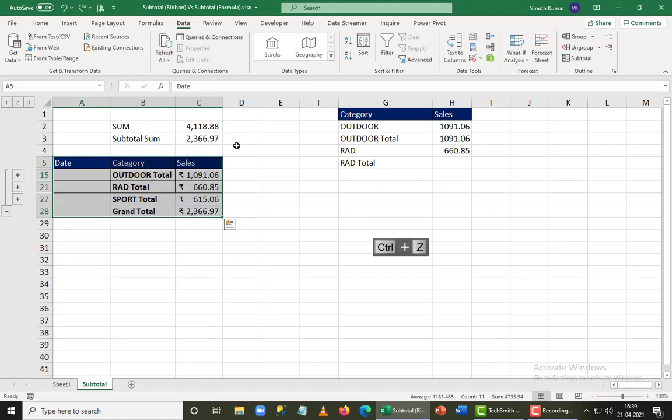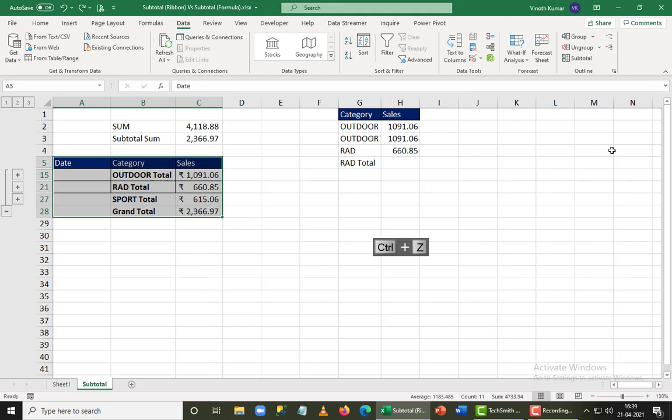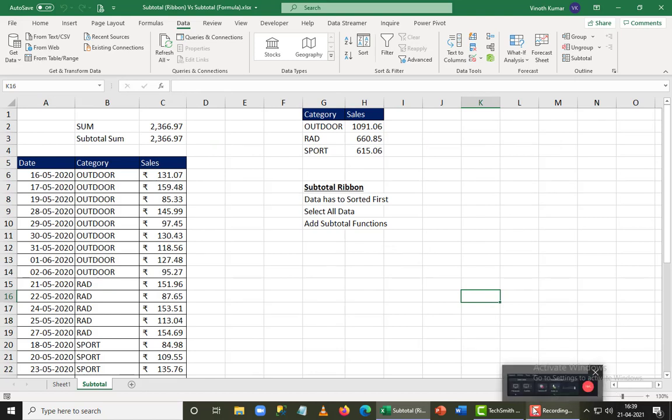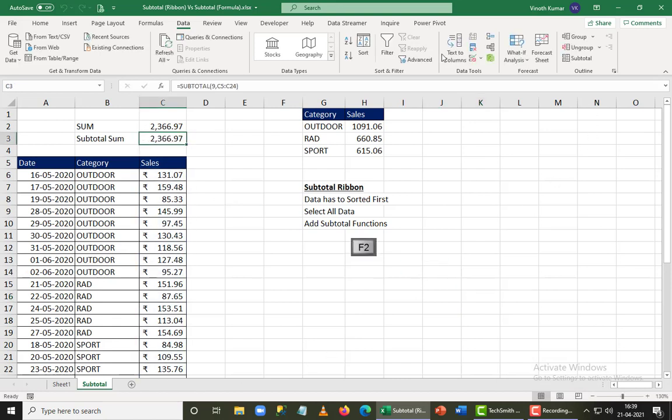That's okay. So I didn't try to use the same logic. Now I want to just remove this, come back to my logic here, remove all, and you can see all the data is coming up here properly. So this is how we use our subtotal function, either using a formula, or you can even use the ribbon function in subtotal, which allows us to do things faster and better. But the ribbon function that we have in subtotal will only give you one dimension at a time, or you can take only one criteria into consideration. But when I go for a subtotal function, when you filter out multiple columns in here, it will give you the right answer according to the list.